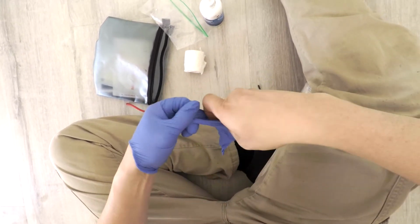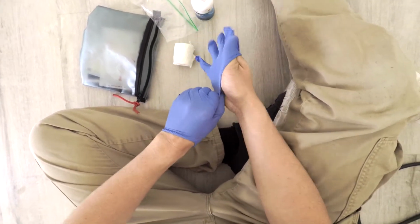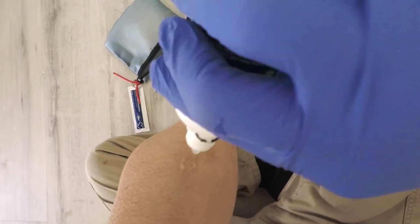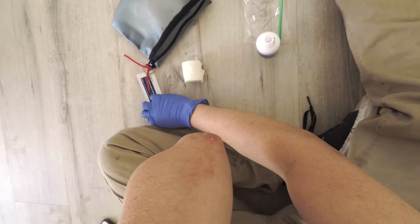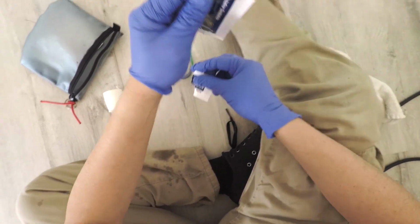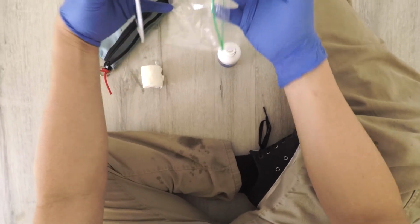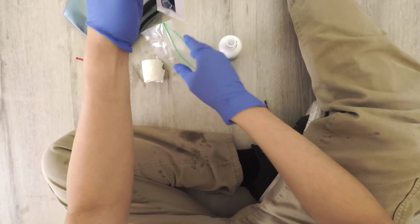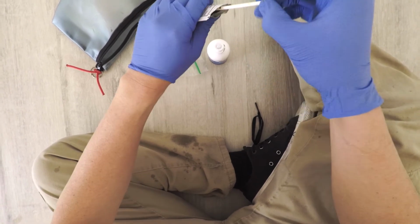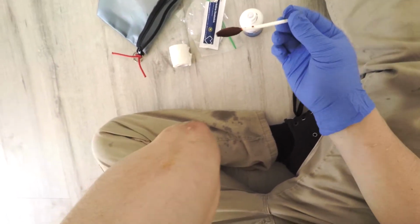So after you put on your gloves, the first thing you do is take the wound wash, and then you're going to clean your wound. Take your wound wash, rinse out your wound, and from that point, get all that debris out as best as you can, all the rocks. You can reuse that plastic bag as a trash bag just so that you can leave no trace, which means leave no DNA behind. And then from there, take the iodine,